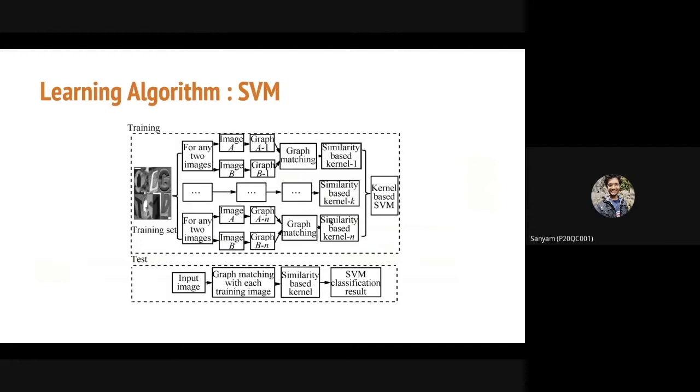Okay, so the main learning algorithm which we have used is the soft SVM, which is the second category of SVM classification. Here we have taken various training sets, in which we have two sets, that is, the query image and the test image. Basically, the query image is the image which the user will give as an input, and the second is the training image, which we already have as the reference.